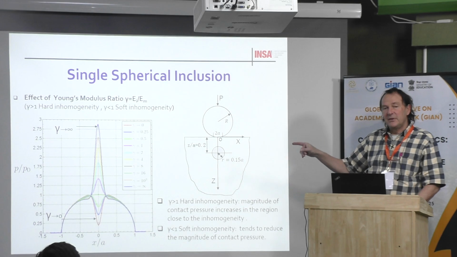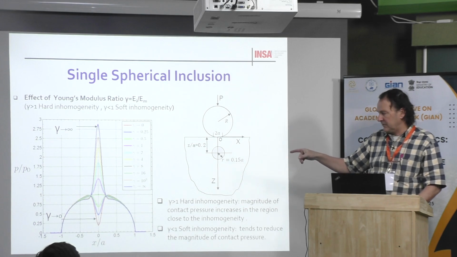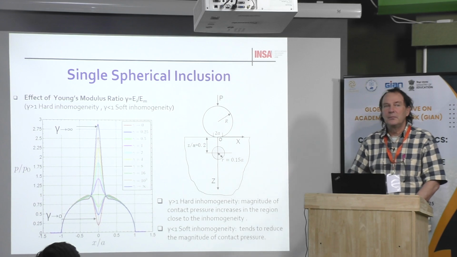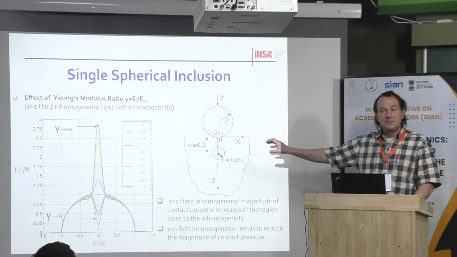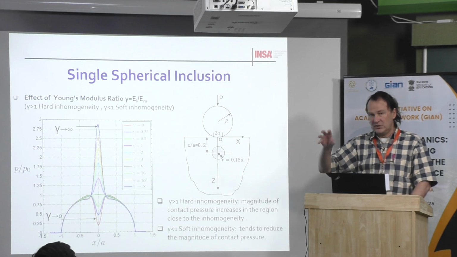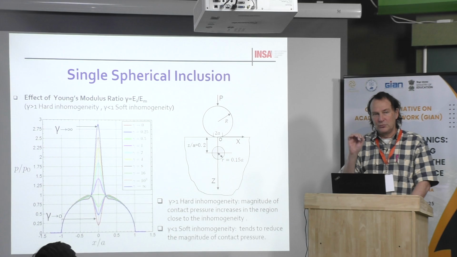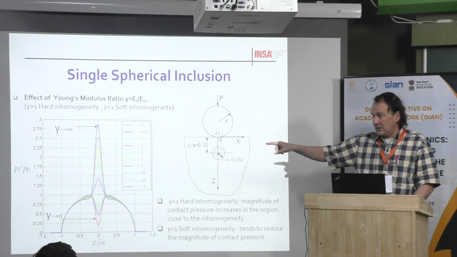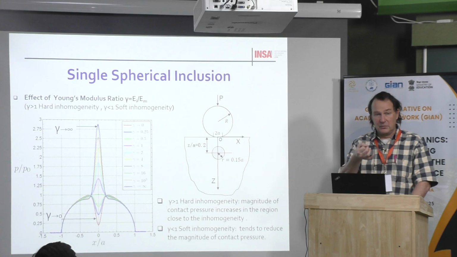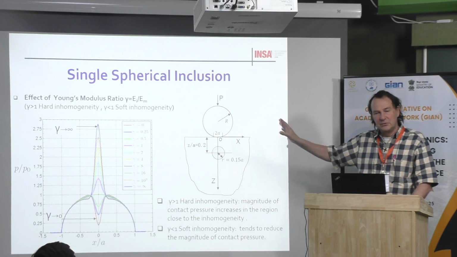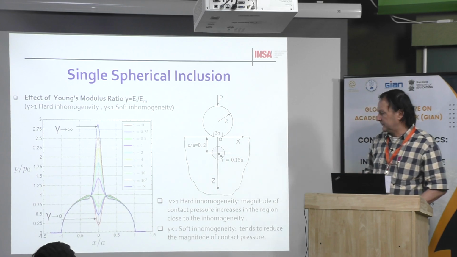Now there is another important parameter. I will present this parameter later, which is not only the Young modulus, but also the compressibility of the material. In this situation, this is really a cavity which is a gas, air, which is compressible. Now, for example, if you consider steel, and you replace the cavity by a polymeric ball, you know that rubber is incompressible. Polymeric materials are incompressible. Then when you do that, you will see a completely different result. Okay, this is not for this situation. I will go back to that later.